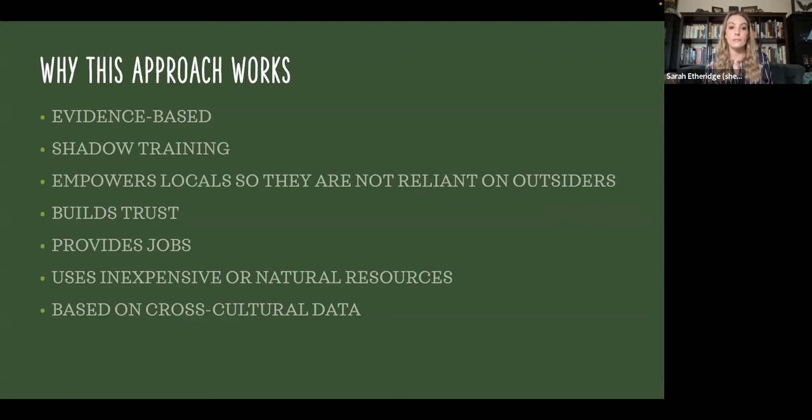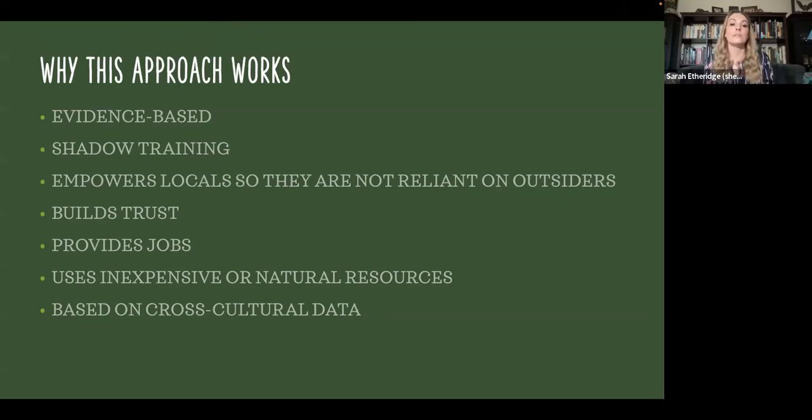It builds trust. It provides jobs. It's very easy to supply a salary for somebody in this community because the American dollar just goes so far. So just from donations, we're able to give all of those people you saw in those photos salary for an entire year. What's another indicator of quality of life? Access to jobs and education. So we are doing all of those things. We are improving the HDI of these people on many, many different levels.